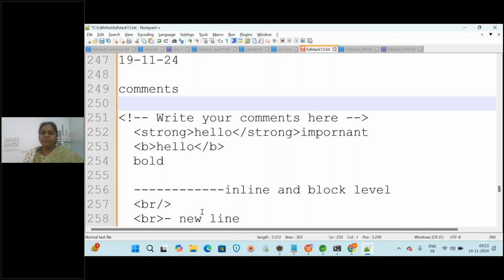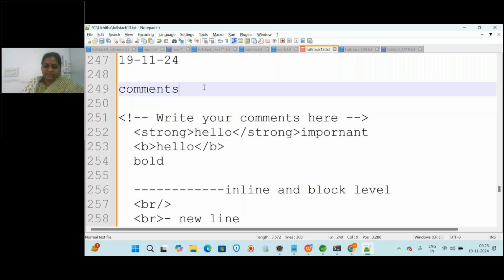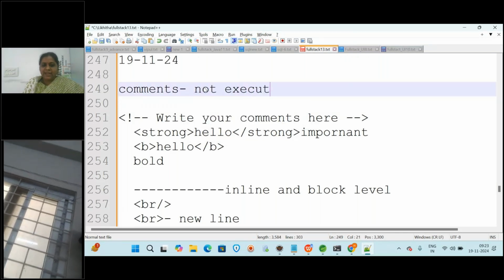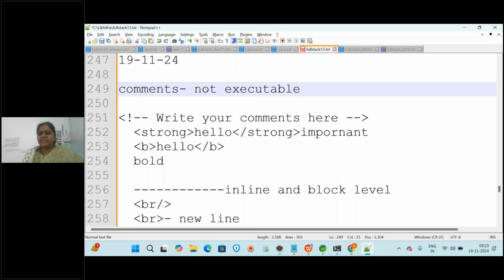If you want to make a small note about why you are using that tag, or any information about the tag, you can write it in a comment. Comments are not executable. They are there just for our understanding. So how do we write a comment in HTML? Angle bracket, exclamation symbol, two dashes, and then you write here.